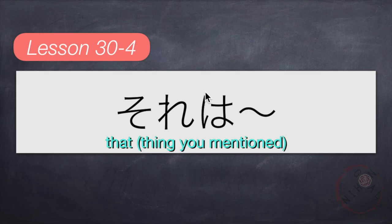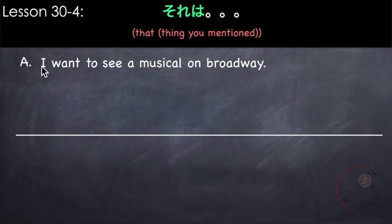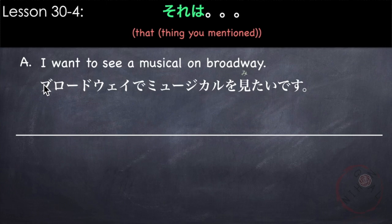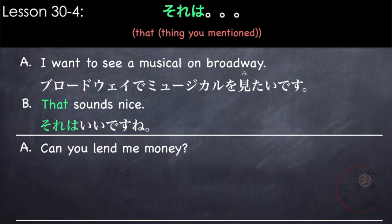And lastly, それは何々. So we all know that それ means that. What is our topic marker? So this means that thing you mentioned, and then the information. For example, someone says, I want to see a musical on Broadway. ブロードウェイでミュージカルを見たいです。The other person might say, that sounds nice. So that, which is the idea of seeing a musical on Broadway, sounds nice. それはいいですね。